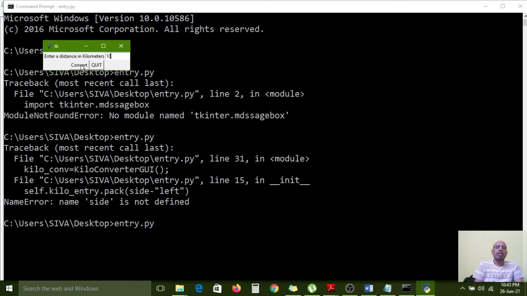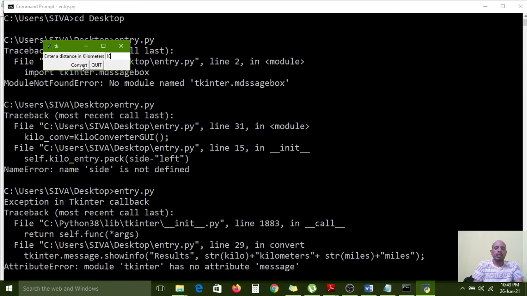Now I am clicking the convert button. It is showing one error. Why? tkinter has no attribute message, where results, str, kilometers, message.